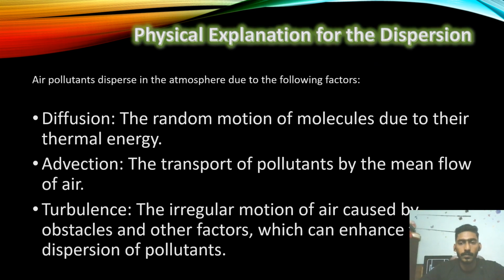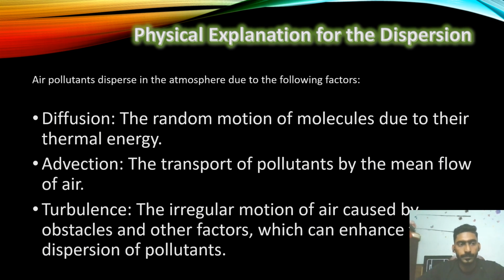Physical explanation for the dispersion. Air pollutants disperse in the atmosphere due to the following factors. Firstly, diffusion, which is the random motion of the molecules due to their thermal energy. Next is advection, the transport of pollutants by the mean flow of air. Next is turbulence, the irregular motion of air caused by obstacles and other factors, which can enhance the dispersion